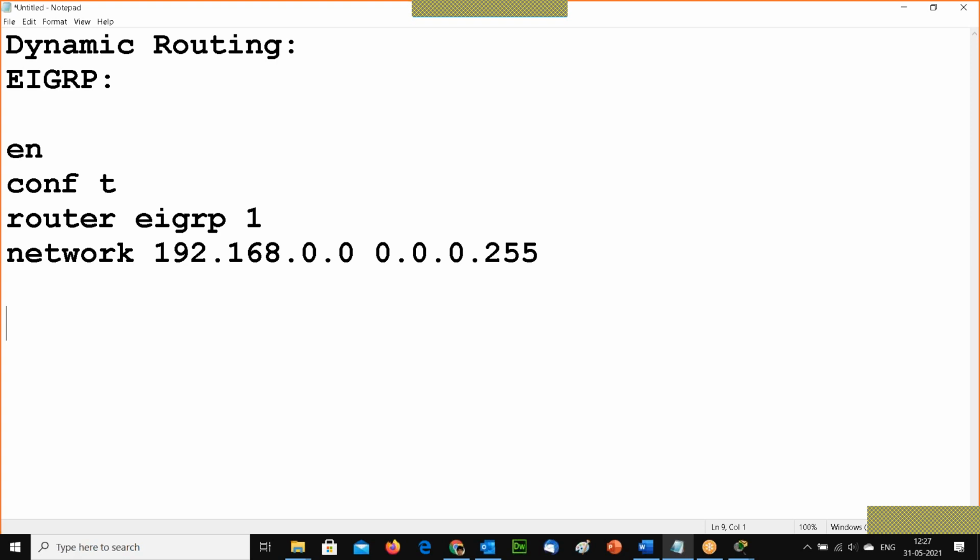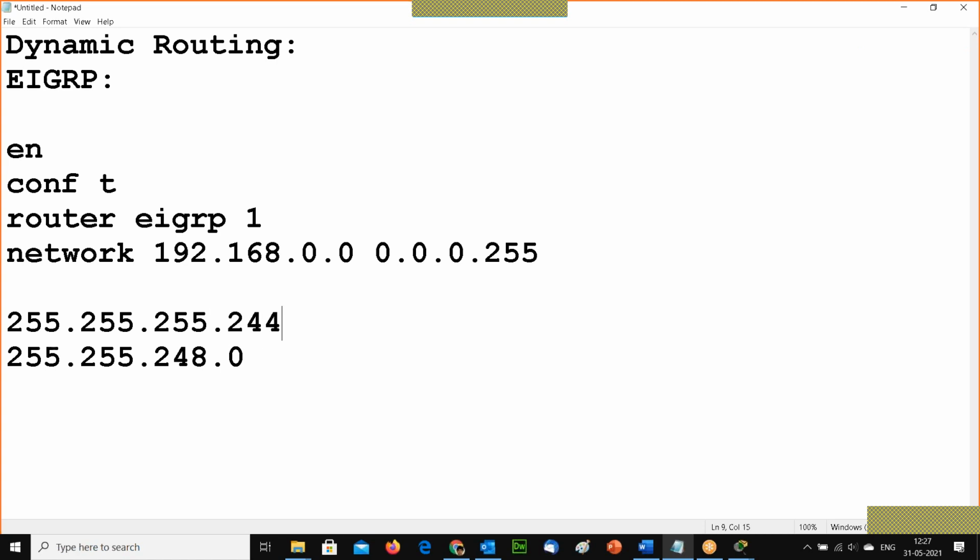So for example, I am having a subnet mask that is 255.255.248.0. The wildcard mask is the complement. So I have to just subtract from 255.255.255.255 and calculate the wildcard mask.